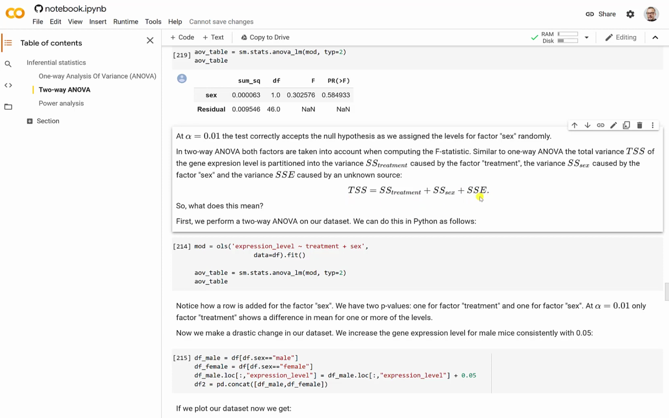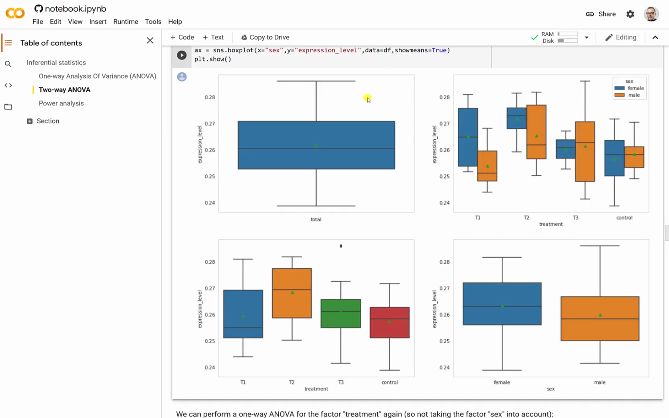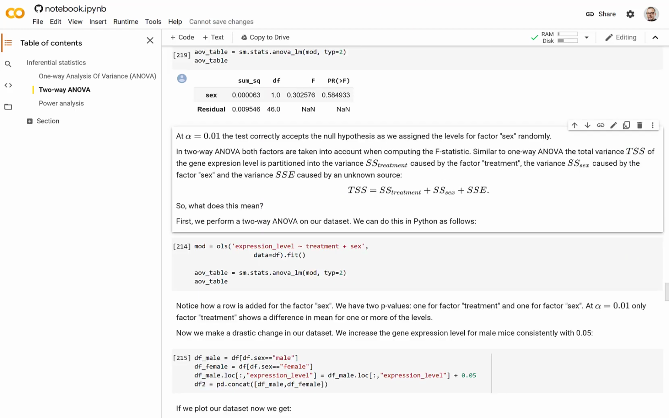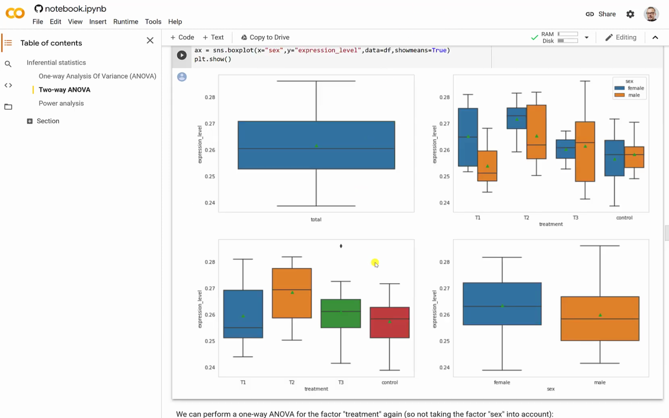And so what this tells us here, just like with the one-way ANOVA, is that the total variance, like I explained, is now split up into a part that is explained by the treatment, a part that is explained by the factor sex, and then an unexplained part, right? So the sum of squares of the errors, right? And so we have the part here explained by the treatment, a part here explained by the sex, and then